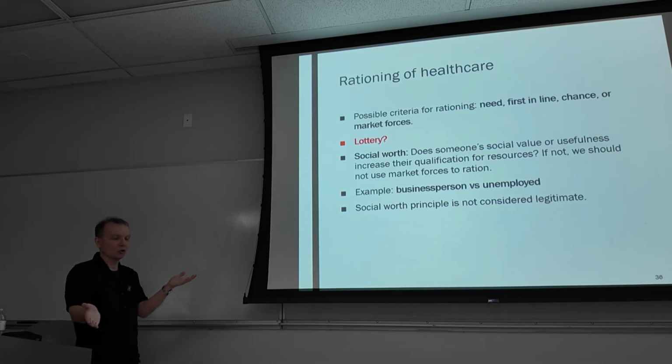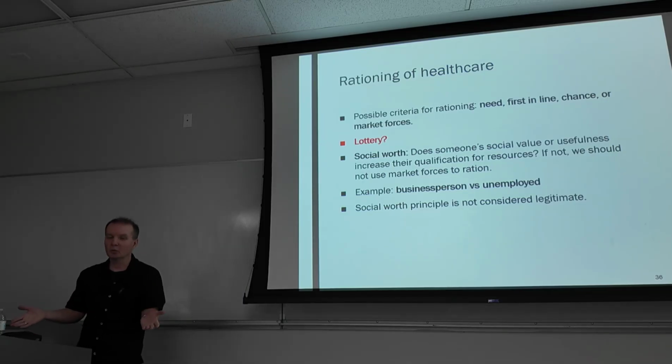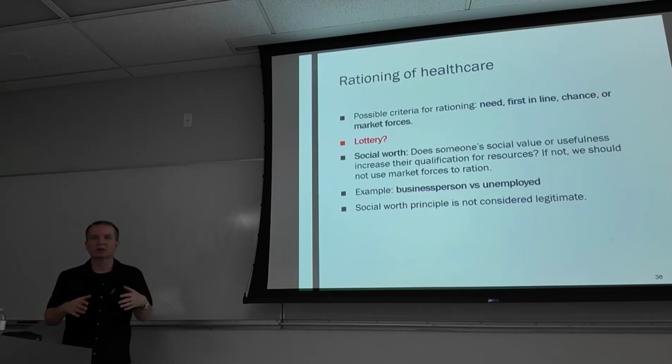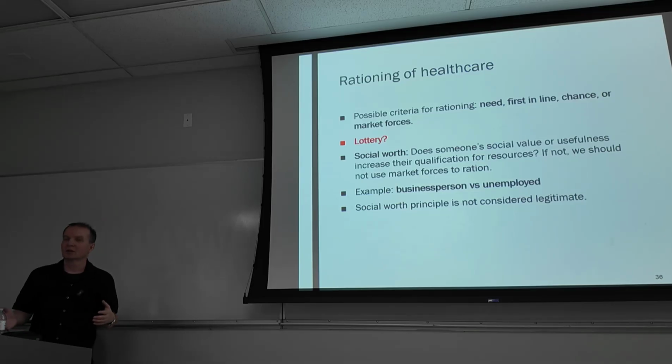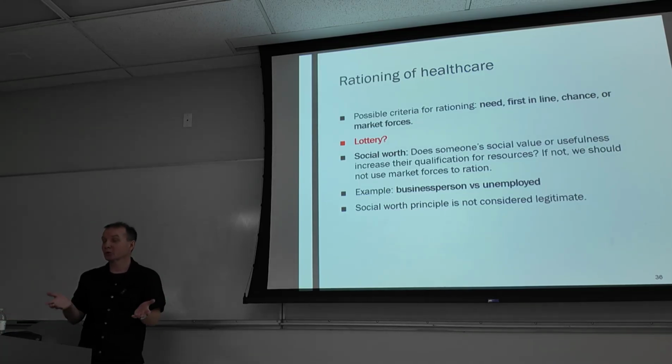sick, one of them is a homeless bum who has no money, no job, no good for anything. The other one, a businessman, CEO of the company, millions of people work in his company, he's so important. Both of them need the liver, both of them will die if you don't give them the liver, so who do you give it to? It seems like on one hand, from a utilitarian point of view, you should give it to this businessman.